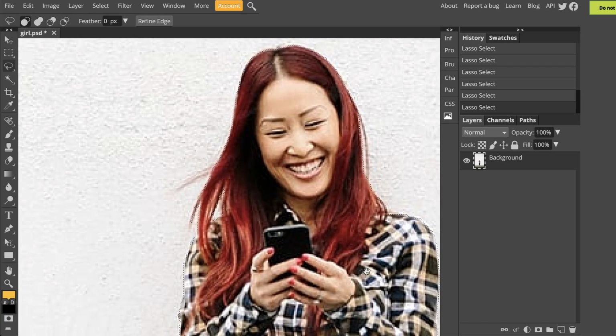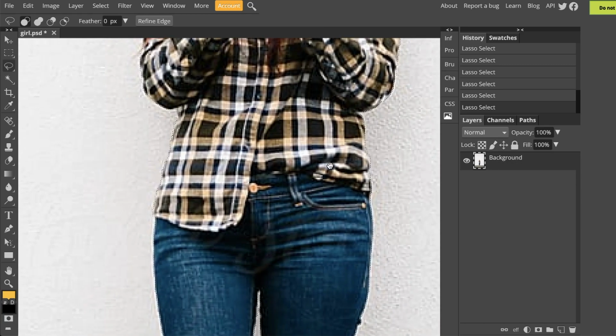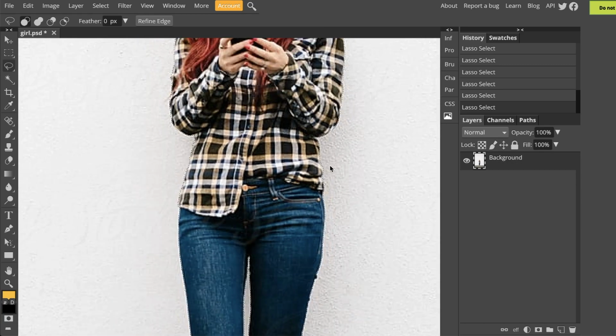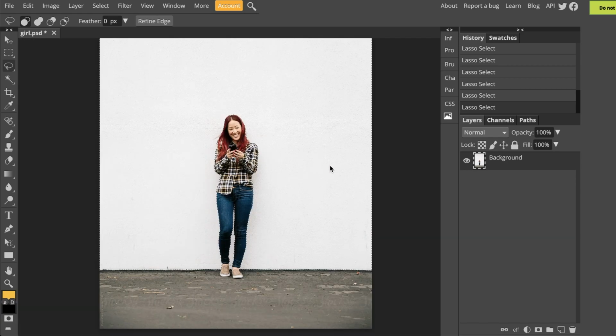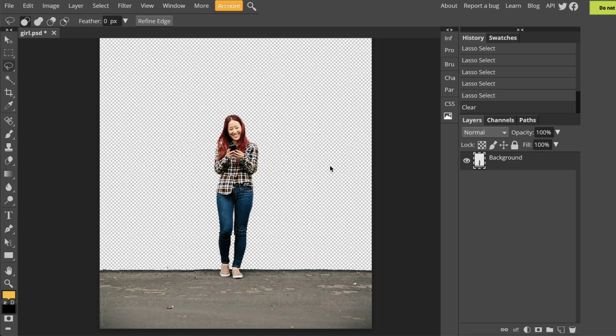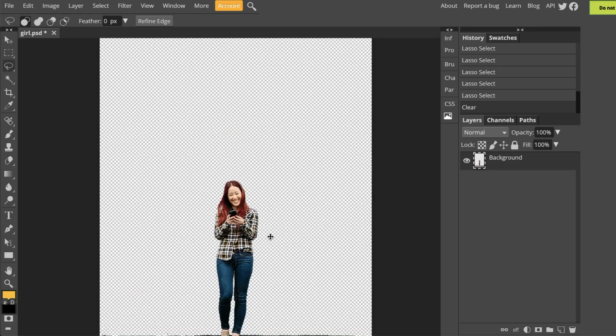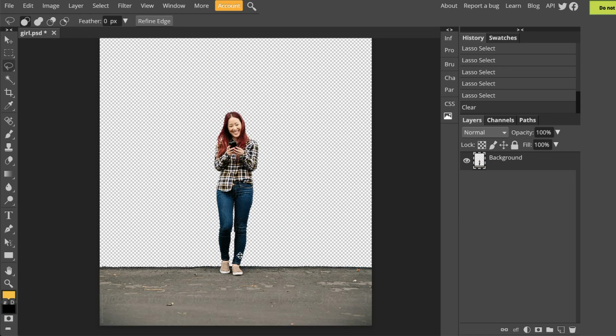Everything else looks pretty clean. So I'm going to zoom back out. And I'm going to now hit Delete on my keyboard. Now that I've deleted the white wall background, I'm going to go ahead and deselect my selection by going to